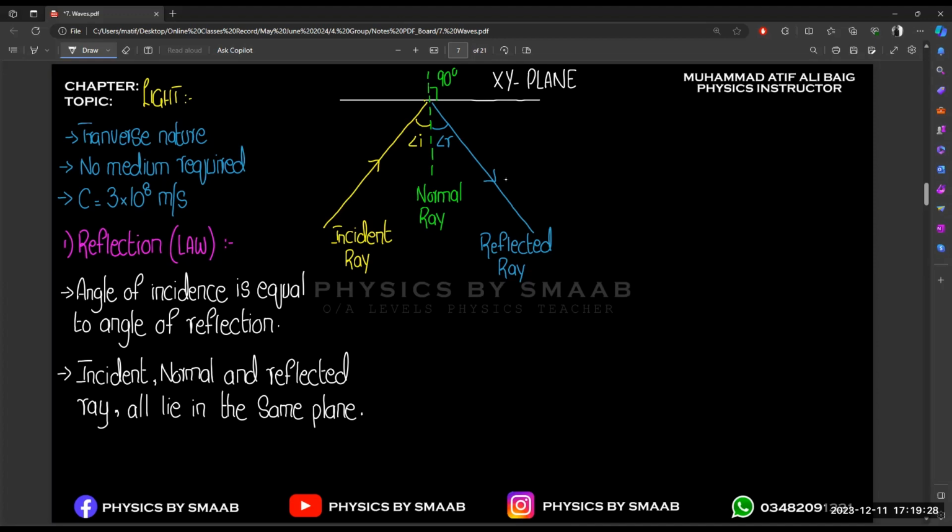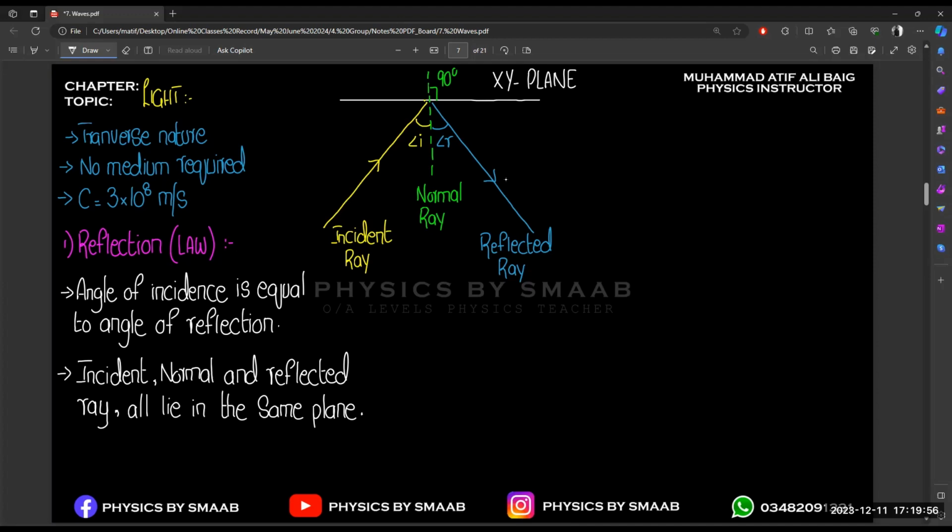We know that when we shine light on the mirror, light will not travel to the back side of the mirror, right? Because there is a polished side on the back of the mirror. So light will completely reflect back from the front side. No light will move to the back side of the mirror. But when we are drawing the ray diagram for a plane mirror, that is slightly different from the normal idea.